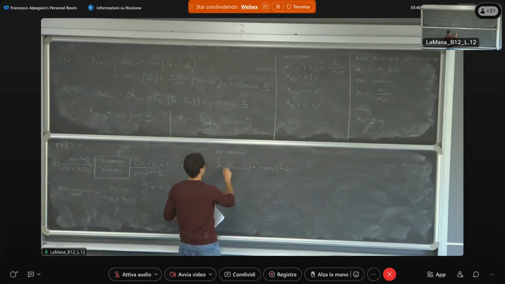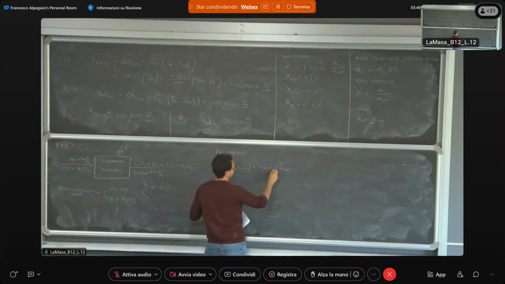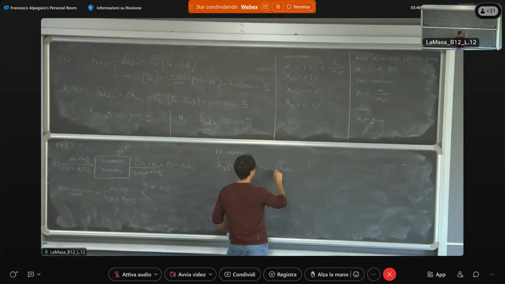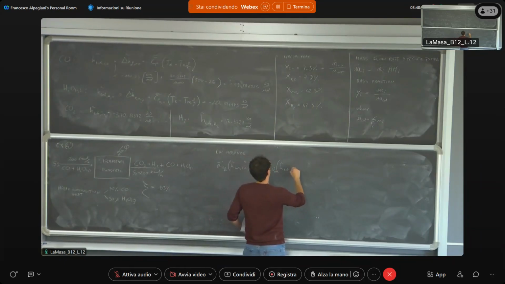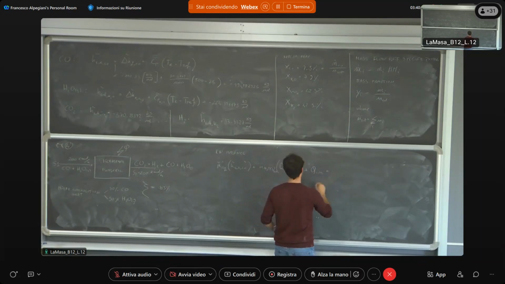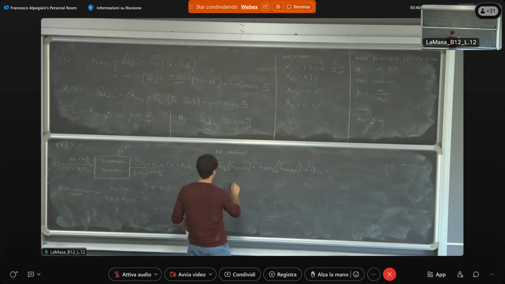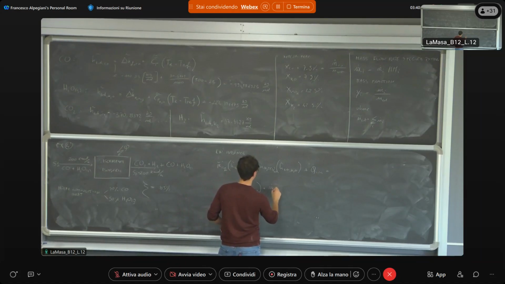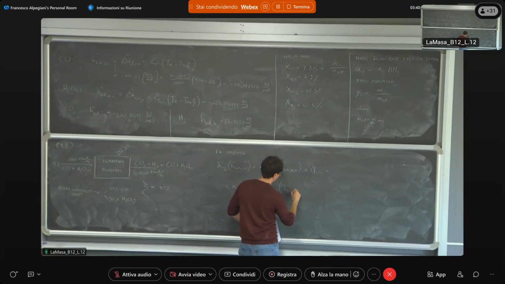These are the molar flow rates of the species entering, plus Q in equal to what? To n CO2 times the total enthalpy of CO2 plus n H2 times the total enthalpy of H2